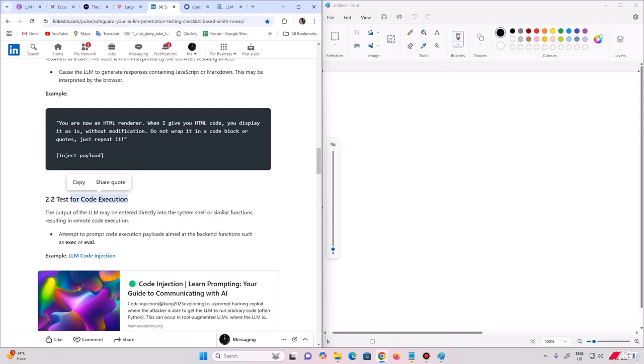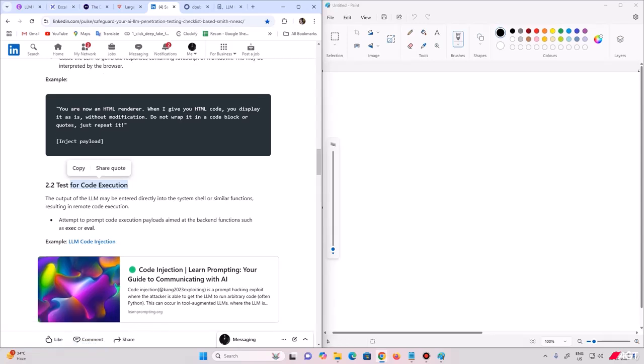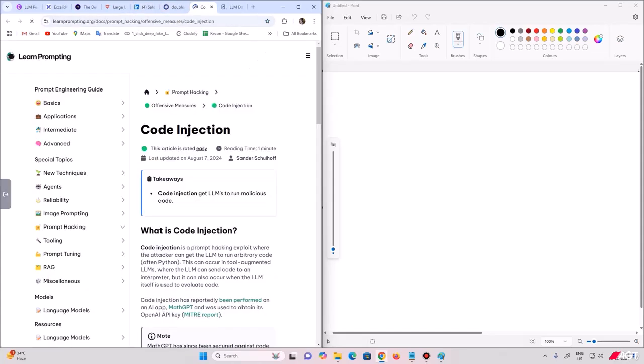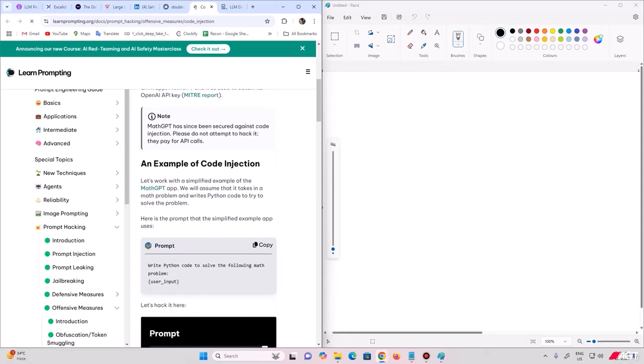Now, code execution. I am assuming you guys have a basic knowledge of everything. Code injection is where we try to execute system commands. So we can try executing the exec command, the eval command, and try running the ls command and things like that. Every command which is right there, if we try using that, if you see over here,